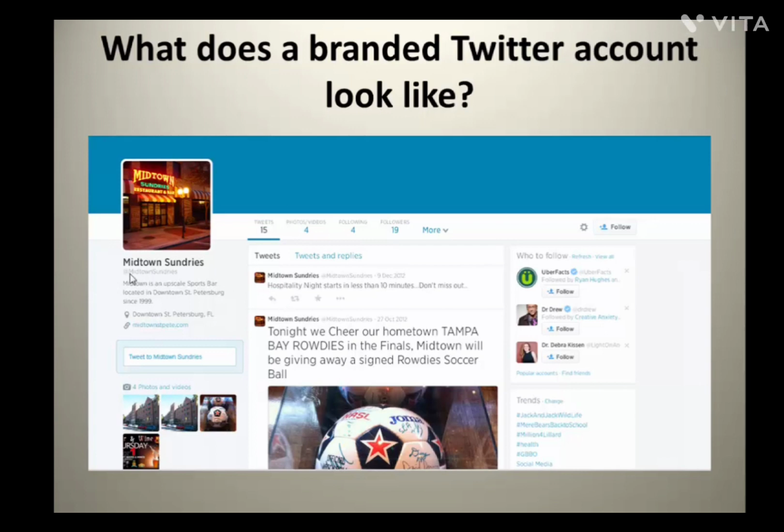They have a quality profile picture. They actually have a picture of their business, the name, what they offer, restaurant and bar. It's all very clear. They have a tiny description right here, location, website, everything. Now they obviously lack a little bit of followers compared to the last account, but they haven't really been very active, as you can see here, with their marketing efforts. I believe that's 2012, so it's been quite a few years. But if they were active, they would obviously have a much larger, active, high-quality fan base than the last account did.